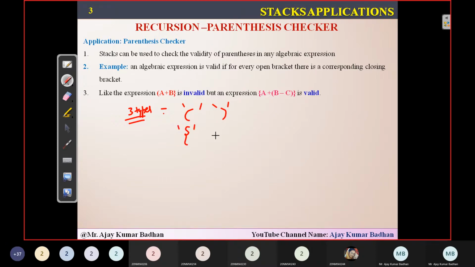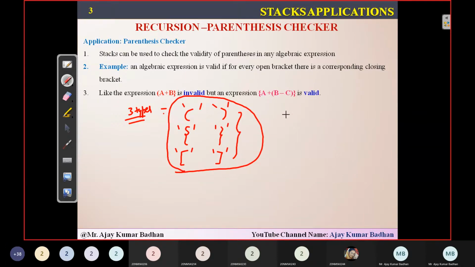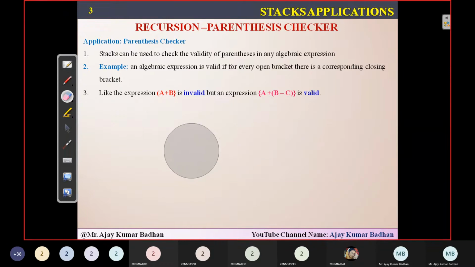We have something called a curly bracket. And for that curly bracket, we have a closed curly bracket. And then finally, last but not least, we have a square bracket, followed by another bracket we call the square closed bracket. So these are the three different types of brackets we have, and based on this only we are going to perform the operation. Whichever expression is there, I just want to verify whether that particular expression is valid or invalid. That is what I actually want to see in this particular situation.